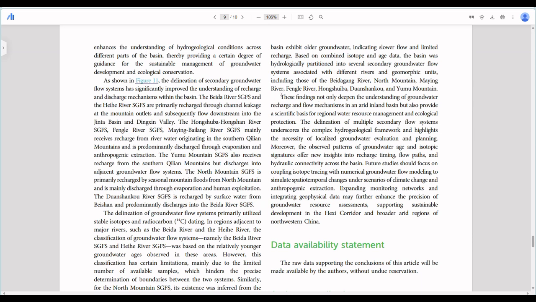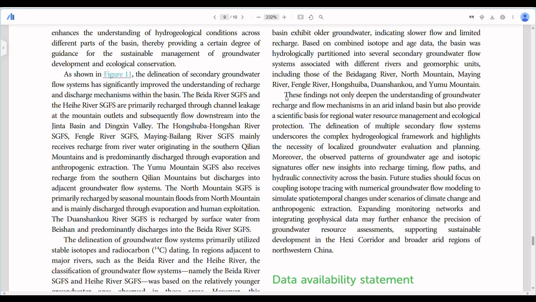Now let's look at this part that says, these findings not only deepen the understanding of groundwater recharge and flow mechanism in an arid inland basin, but also provide scientific basis for regional water source management and ecological protection. Please, the mic is open. Can we see that part? Hello? Yeah. All right.